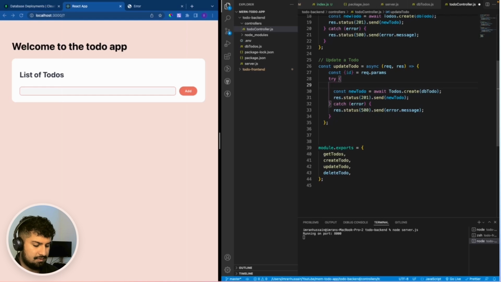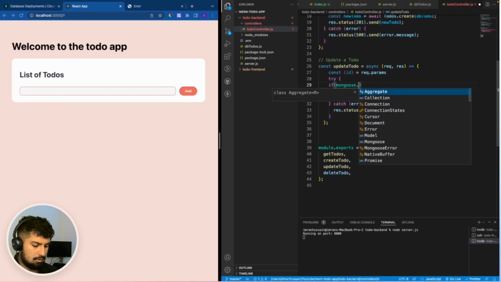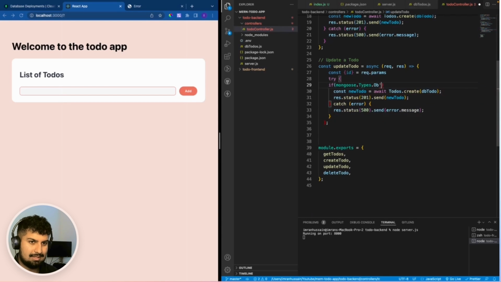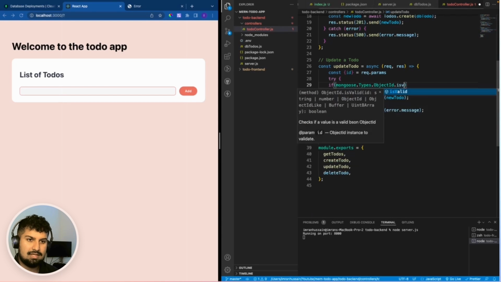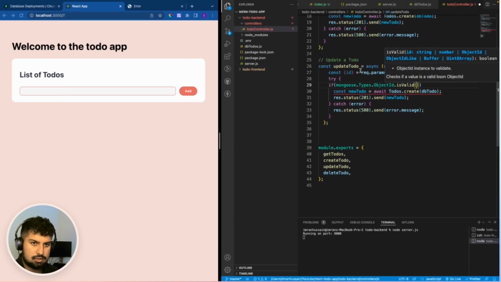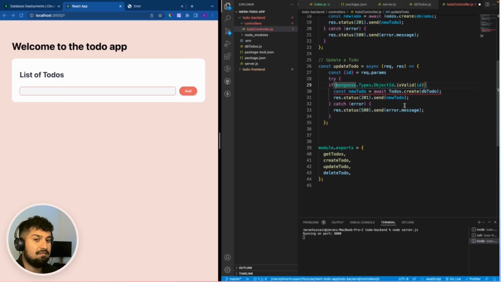And then this is where we have access to mongoose.Types.ObjectId.isValid. So basically what this does is it checks if the destructured ID is valid. So what we want to do is check if it's not valid, so just give it an exclamation mark beforehand. If it's not